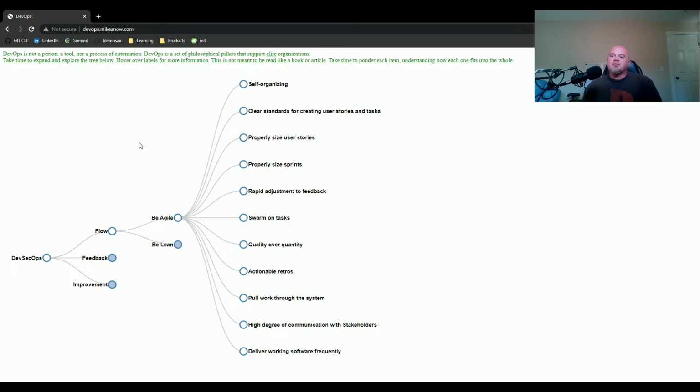Pulling work through the system. Sometimes you see the sprint backlog is built, people go through and say, hey, I'm going to do this, I'm going to do this, they're going to do that. And as soon as the sprint starts, all the work's assigned. That's kind of a wrong thing to do. So let's say 3 things are assigned to someone and then they get sick, or something happens and they're not